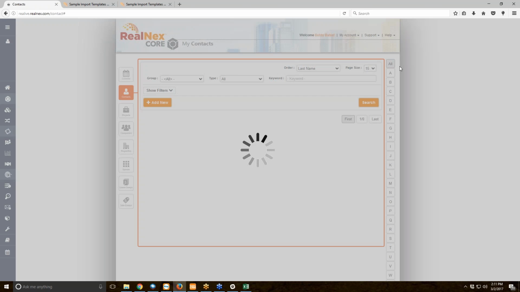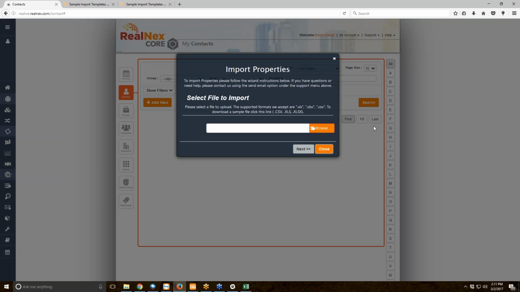So when we click properties here, it's going to bring up a screen, and this is a screen where you select the file that you're wanting to actually import in. So if you actually notice here, please select a file to upload. It shows you what the actual supported formats are. Then it also has download sample files for CSV, XLS, and XLSX. So these three are actually very similar to the one that I put up on the knowledge base article, but